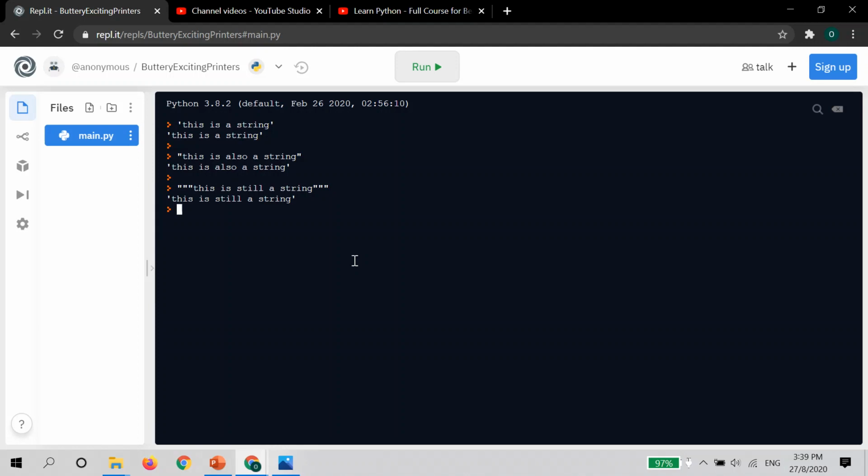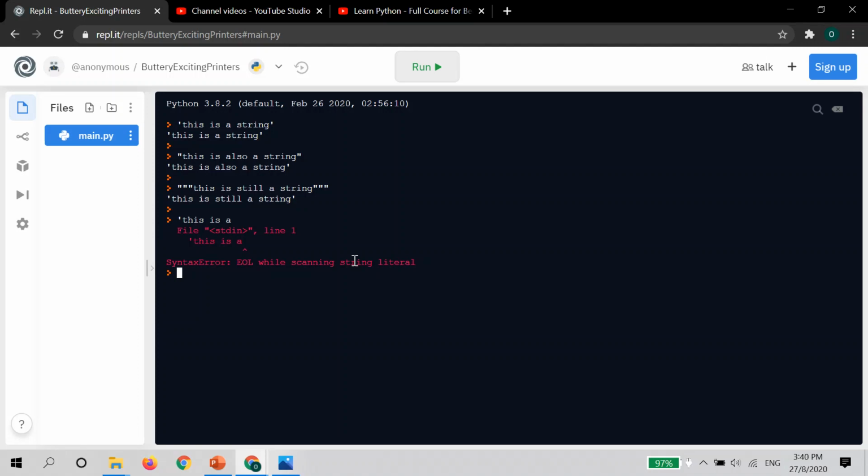Now the question is, which one should we use? It depends. First, let's look at this. For example, I use a single quote. This is a, now I press enter. Oops, Python gives us a syntax error. The reason is that single quote and double quote can only be used to define a string if the string is a single line string. You cannot have a string crossing multiple lines defined using single and double quotes.